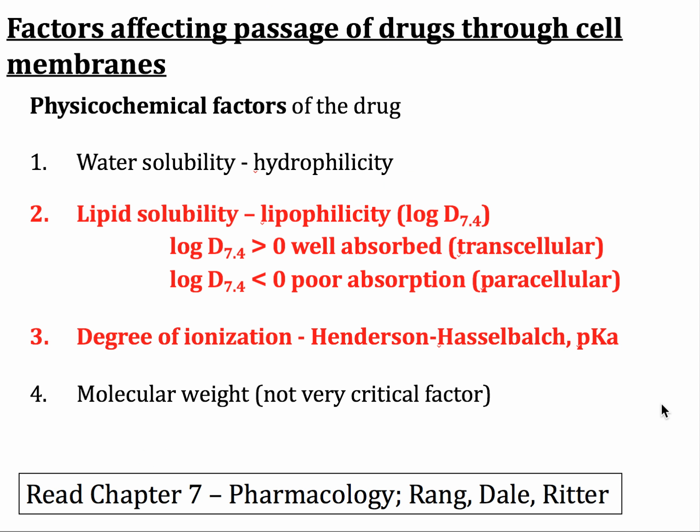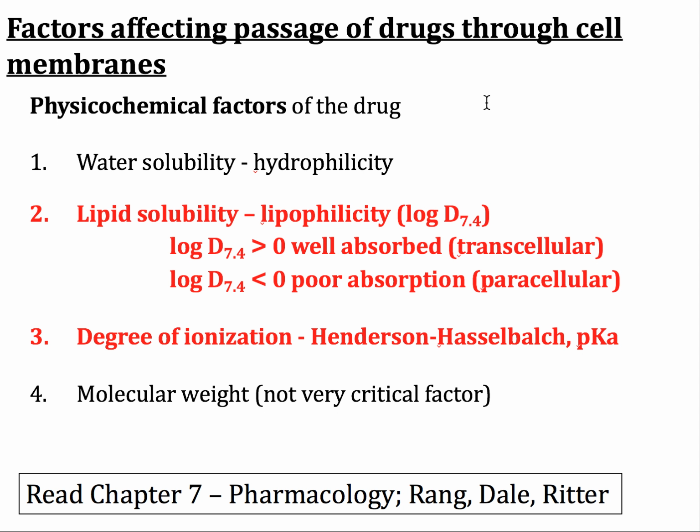Now, there are various factors affecting the passage of drugs through cell membranes. The first one, as you can see, is hydrosolubility, the water solubility. The more hydrophilic the drug is, the more water soluble it is, and the easier it is for it to be dissolved. So that's a key factor that affects drug absorption in the small intestine. Then lipid solubility: the higher the lipophilicity,